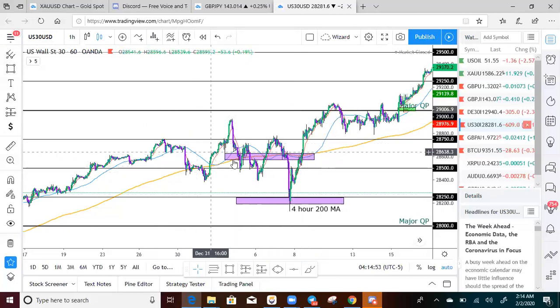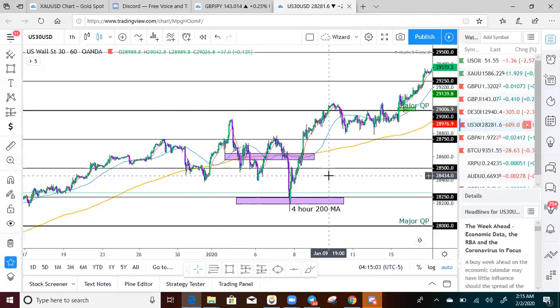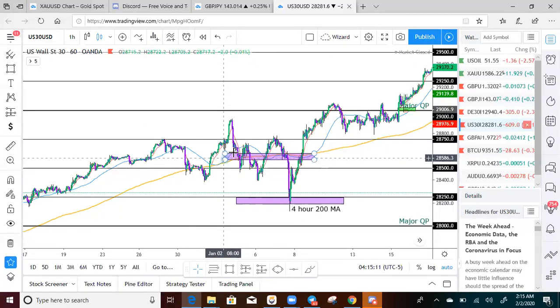So when the 200 is going through the candlesticks, we have consolidation. Higher time frame, stronger consolidation. That's exactly what we see on US 30 in this moment. During January 2nd, to start the year, it was in consolidation. It was bouncing in between this range right here. As we see, price was bouncing, never came all the way up to